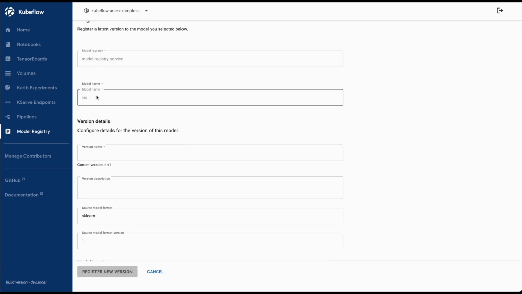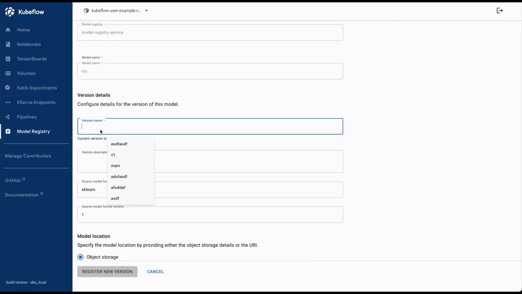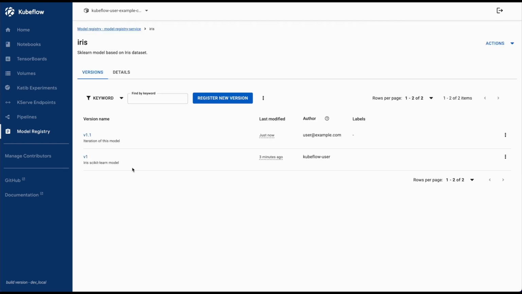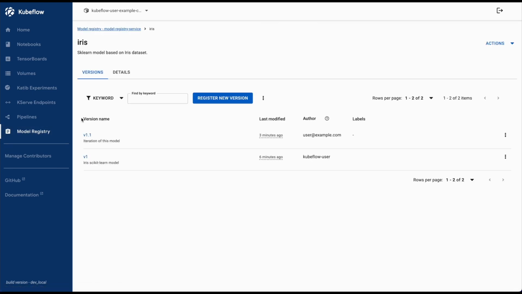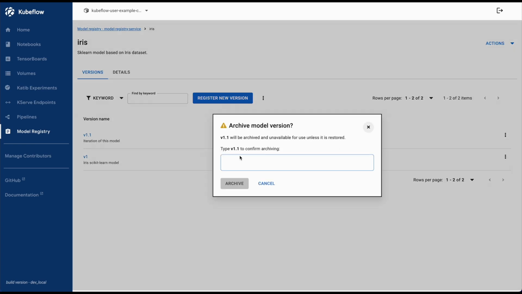It will be under model registry service. It's IRIS2. Let's just register this new one, and now we have both of them already here, both the V1.1 and V1. But as well as deploying by CLI, we can either delete one of the versions from the